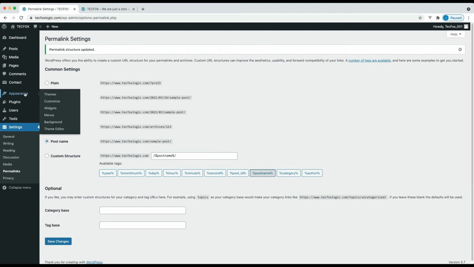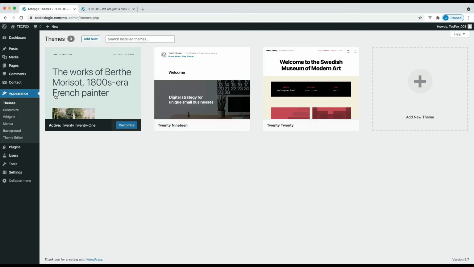Let's go to the appearance category. Appearance is to manage your theme. From here you can install, delete, update and activate themes. Some of the appearance menu items may not appear to you because some options under appearance are theme based. It has some default themes, but many developers use their custom themes.